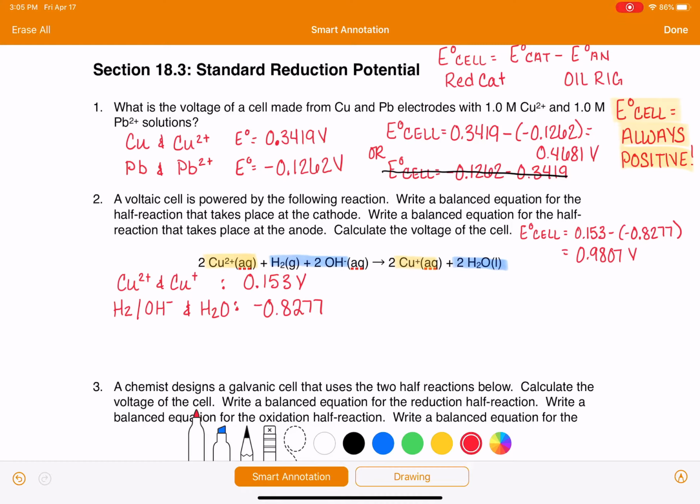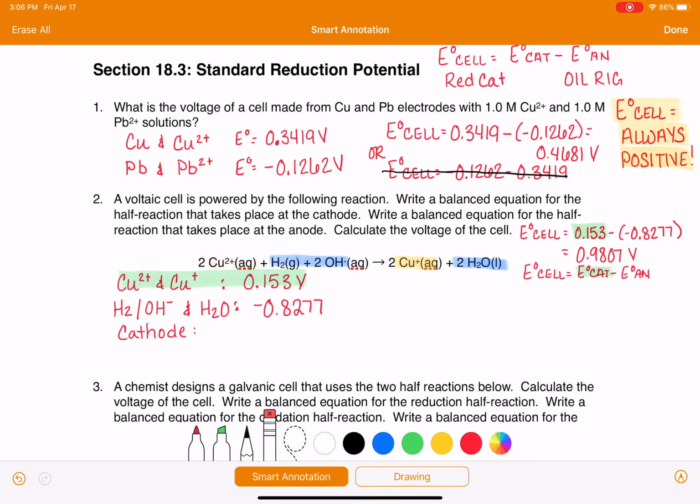And now we want a balanced equation for the half reaction that's taking place at the cathode. Well, we can figure out which is which because we have correctly identified the order in the E-cell reaction. We know that E-cell is cathode minus anode. And for our half reaction, the cathode has to be the 0.153. The cathode has to be this copper system right here. So I know that the cathode half reaction, now this time we want it to be balanced, is going to be